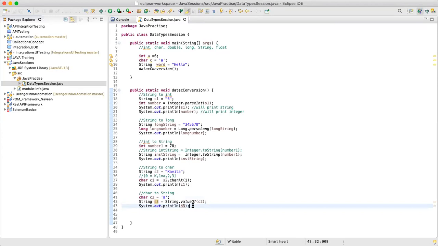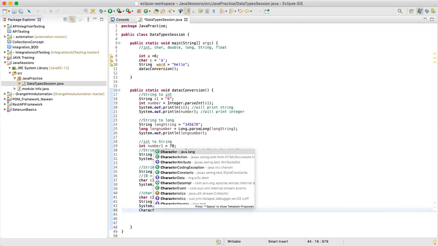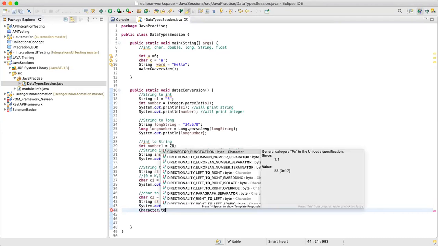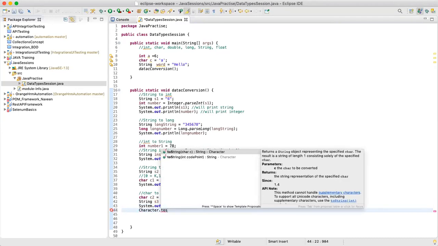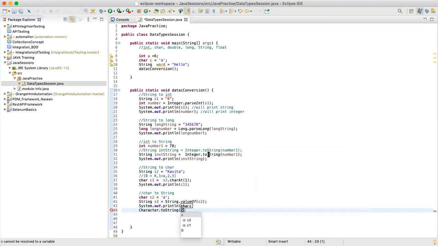There is one more simple way. Character is a class again, so you can use toString, right? The way we used Integer.toString, right? Can you see here? We tried to convert integer to string, right? So what we did is Integer.toString, simple. Use the class and then the method toString.